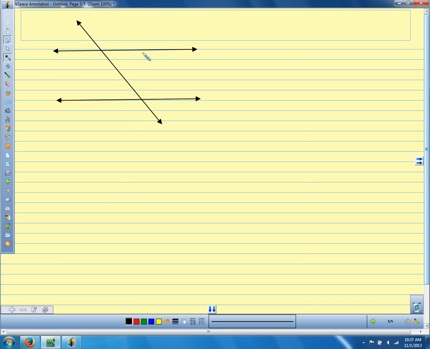And we're saying that these two lines are parallel. And I'm going to label this angle 1, angle 3, and angle 2. And we're given, this is line A, and this is line B. So we're given A is parallel to B, and we want to prove